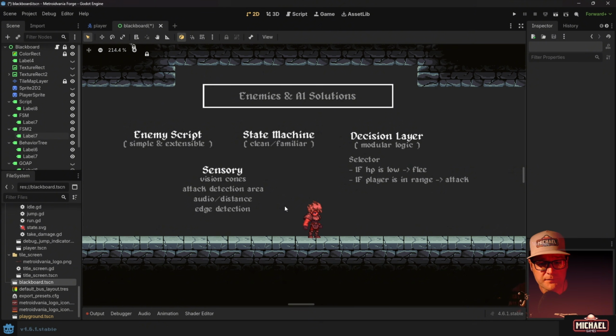But here's the promise. If you submit something and it's an itch.io page for your enemy, and it's not 100% complete, but it gives an idea of what the enemy is, then I still want to showcase it, and I still want to talk about it. And if that enemy is cool and the community loves it, and you're able to get the animations in that are needed in time, then I can still include it later down the road, because I'm not going to be recording all of these videos on April 6th, right? This is just me giving a deadline so that you and I have a way to hold ourselves accountable and get something done. Okay. So submit something, and hopefully it's awesome, and we'll talk about it, and I'll give feedback,